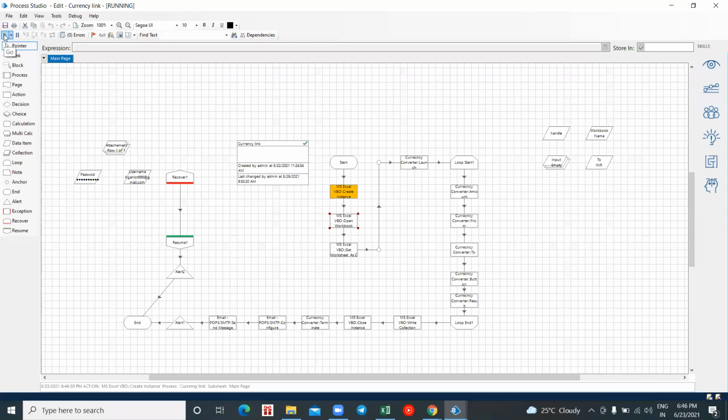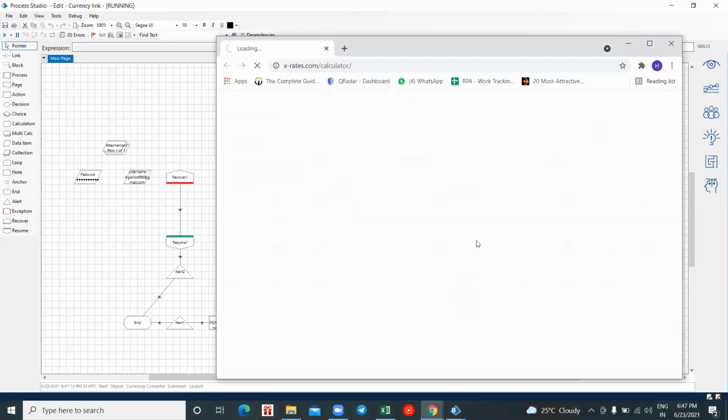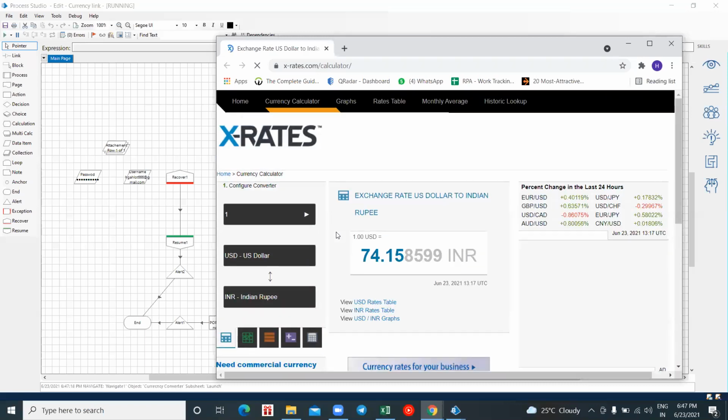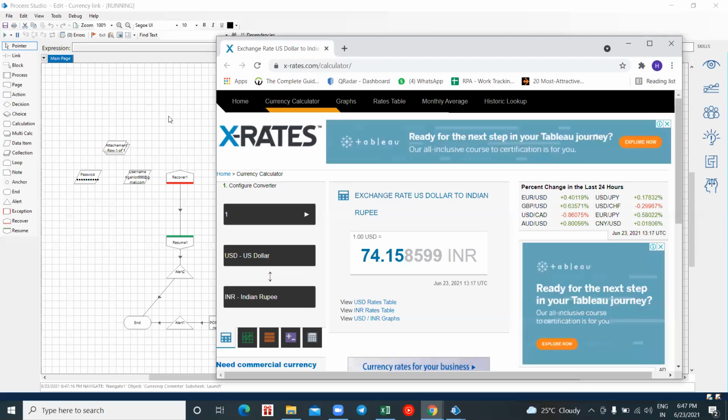And I've even made use of my alert stage. So here you can see I have made use of two alert stages. This is alert 2 and alert 1. With the help of alert 1, if my flow is successfully running, I'll get a notification as successful. And if I have any sort of errors, it will go to a recovery mode. And from this recovery mode, I'll get a notification as an exception or an error.